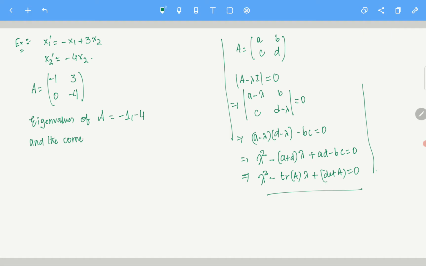Now what are the corresponding eigenvectors? We are in luck here because we have two distinct eigenvalues, so we can get two linearly independent eigenvectors. You can have different eigenvectors; I am just choosing them like this. For lambda equals minus 1, I am going to choose V1 equals 1, 0, and V2 is maybe minus 1, 1. It doesn't matter, 1, minus 1 you can also write.